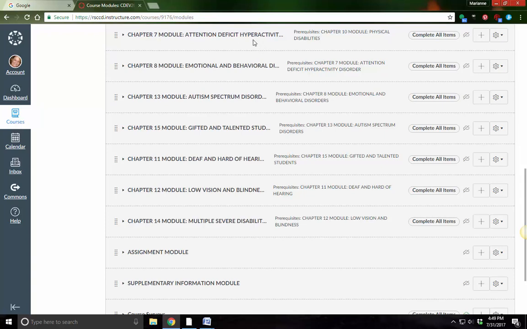Along in this unit, I added, again, the book has 7 and 8 together, but emotional and behavior disorders. This one's kind of scary for people. This is where you hear terms like schizophrenic and mental illness, and a lot of people get really scared with that, and they don't know what it means. So we're going to identify just some issues that may happen in the classroom. And not every child is going to have emotional behavior disorders. In fact, a lot of these students end up being serviced at a different school because they really have a challenging time just being around people.